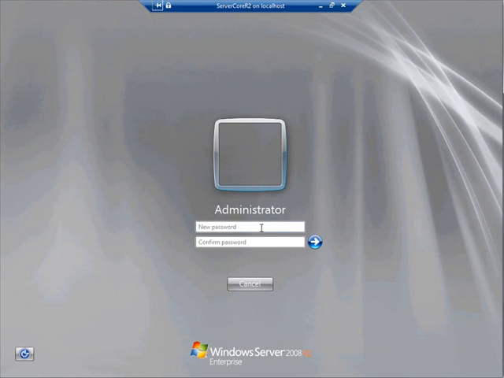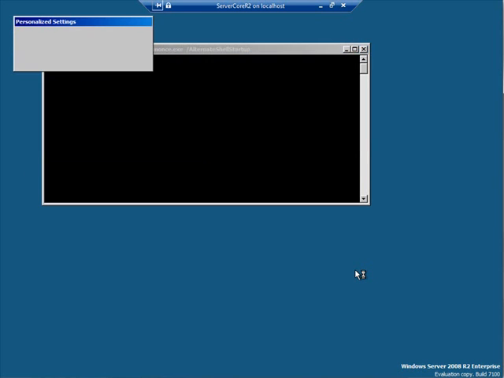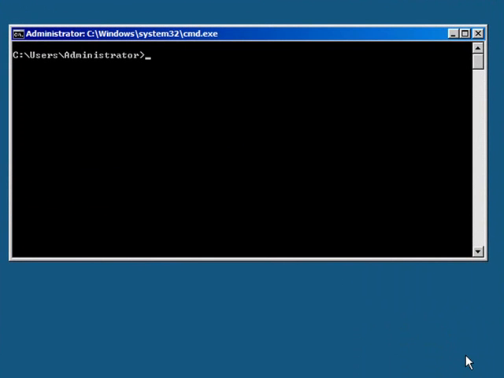Now I'm going to go ahead and change the password for the administrator, and you notice here that was up automatically. Let's go ahead and tell that okay. It's going to sit here and spin for just a little bit while it sets up the personalized settings. All right, now we're in Server Core, and